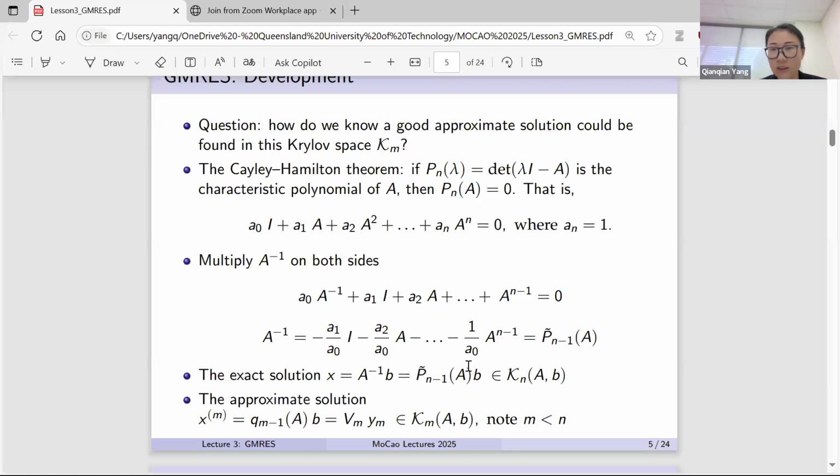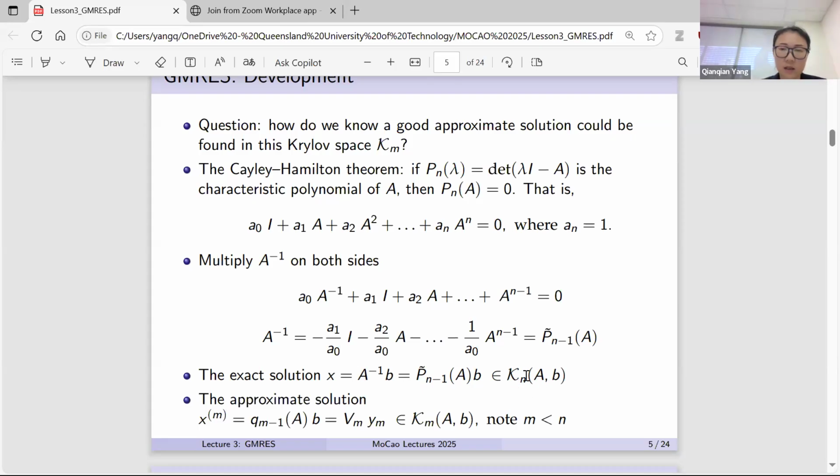And clearly this P_{n-1}(A)B is definitely in the Krylov subspace of size n. Okay, so if you span the Krylov subspace all the way to size n, then this exact solution is definitely in